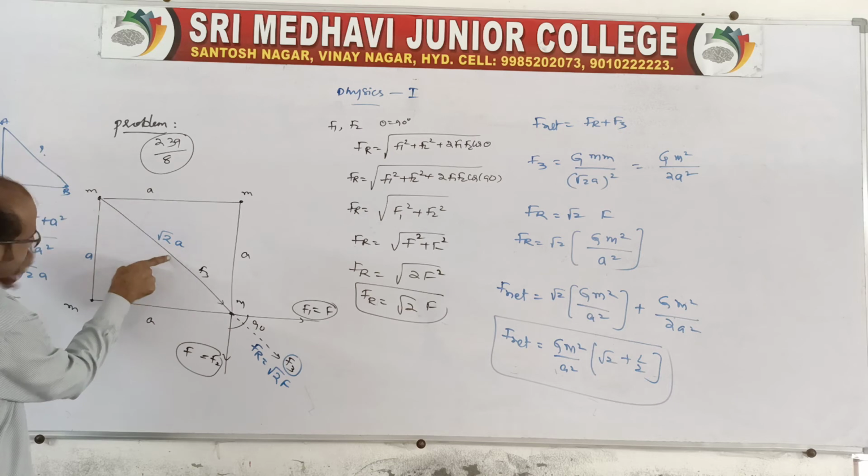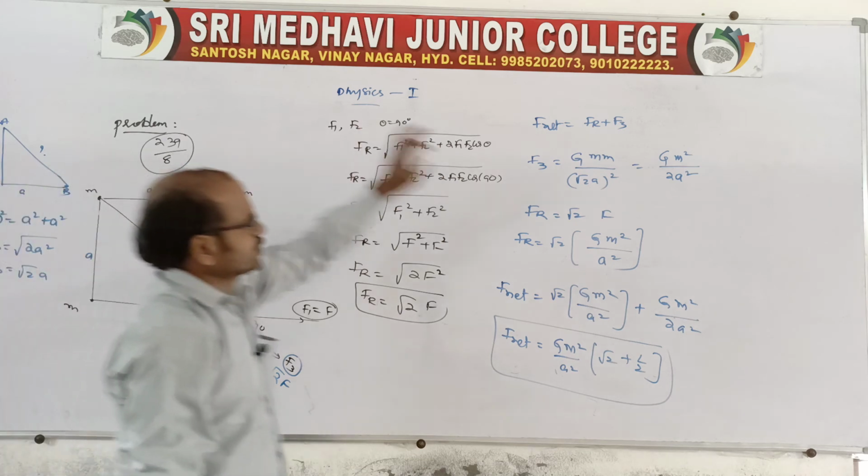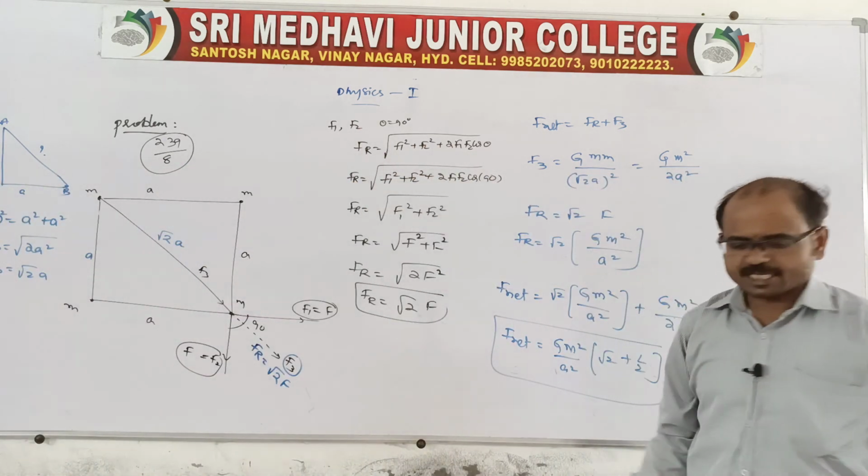We need to find the distance between these two corners, so take a triangle, say triangle ABC. This is the hypotenuse, which we don't know. Use Pythagoras rule: AB square is equal to A square plus A square. So AB is equal to root over A square plus A square, which is 2A square. Taking A square out of the root, we get root 2 A. After knowing this, come here, F3 is equal to